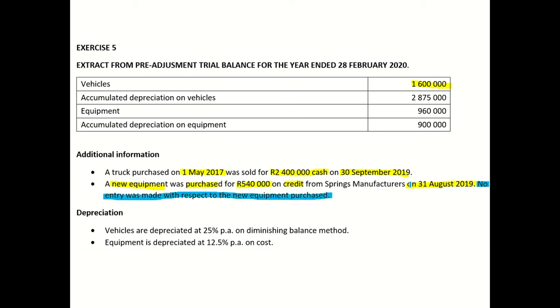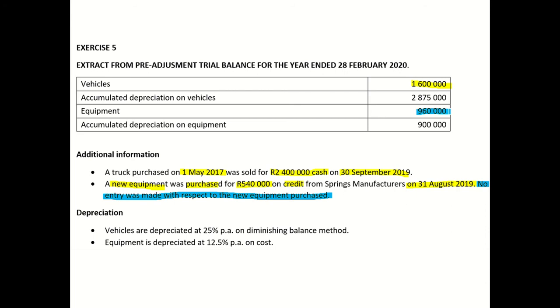And they told us that no entry was made with respect to the new equipment that was purchased, meaning that 960, guys, is the opening balance. That is the opening balance. Okay, remember I said at the beginning I wasn't sure, but I'm going to assume it's the closing unless the adjustments tell me otherwise. Adjustments have told me otherwise. They told me that the new equipment that was purchased was not recorded. So that 960 is the balance of the old equipment, meaning that it is the balance at the beginning of the financial year. Meaning that at the end of the financial year, your equipment cost balance will be 960 plus